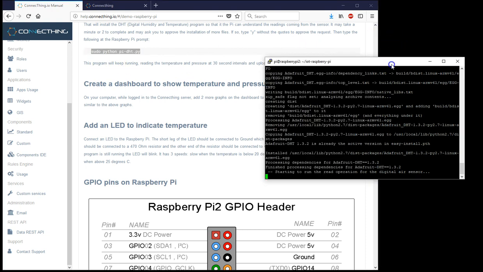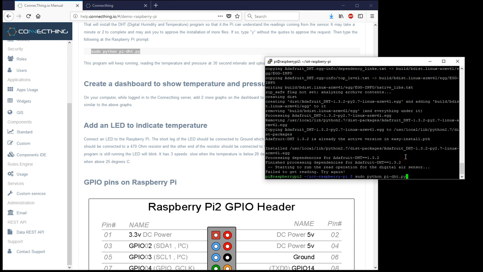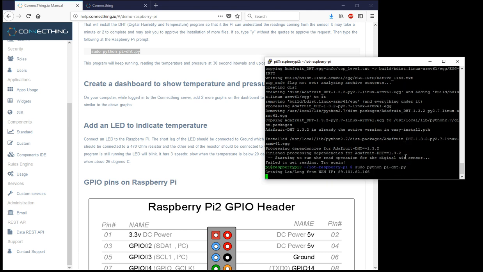Control C to copy. And paste this script in for sudo python